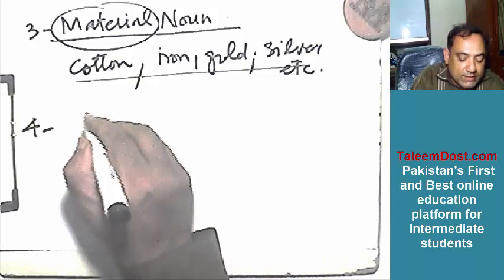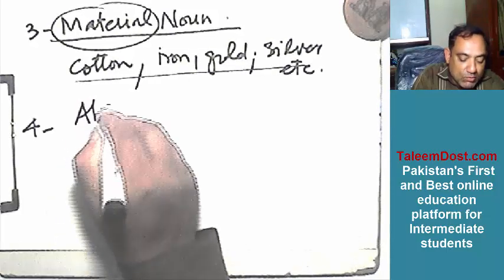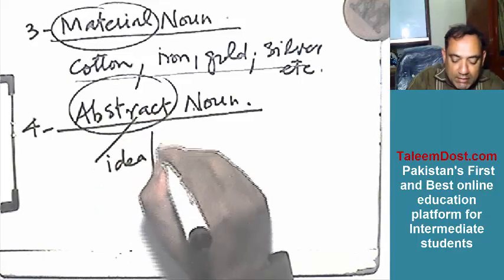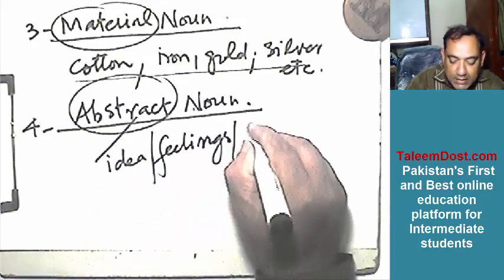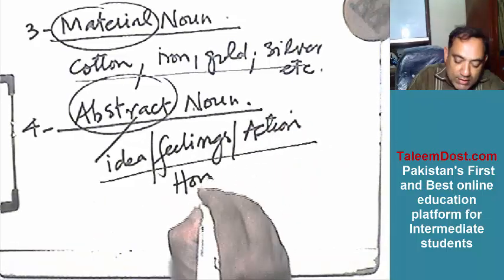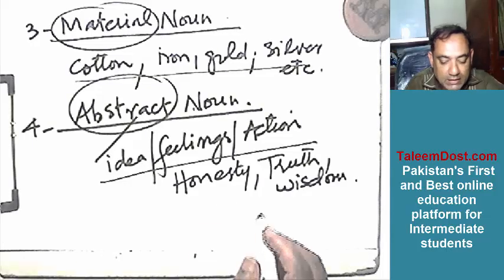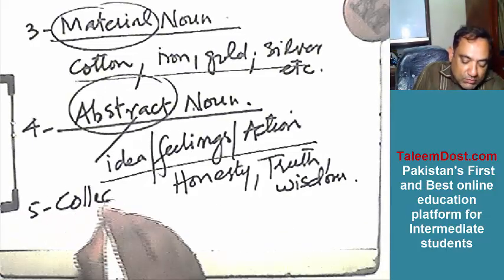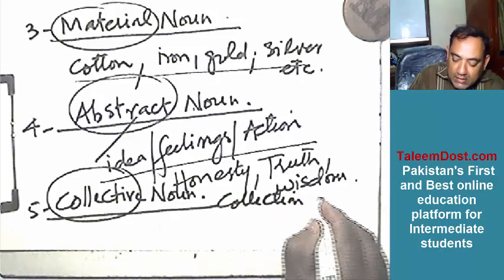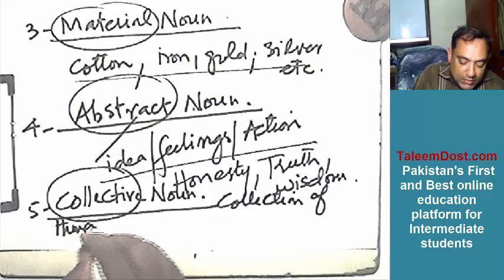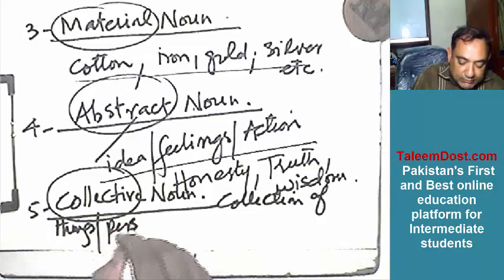Number 4 is abstract noun, the name of some idea, the name of some feelings, the names of some action which cannot be materialized. These are abstract nouns. Number 5, collective noun, collection of things, persons,